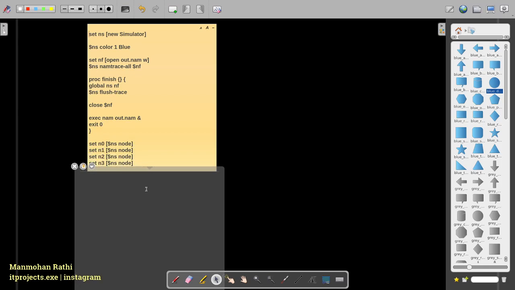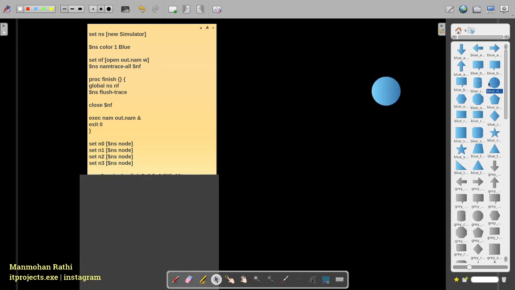Then right here we are creating 4 nodes. Let's create 4 nodes here. These are just created; we have not positioned them yet. We need to position them in the code, and I'll do it over here also after that. We have just created the nodes. We have done nothing to them. We have not connected them and we have not positioned them.